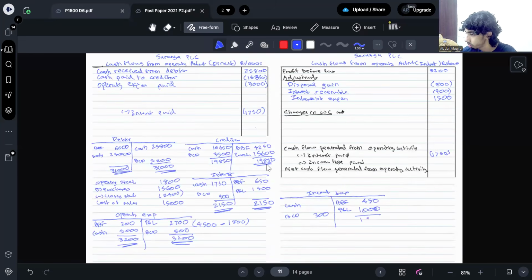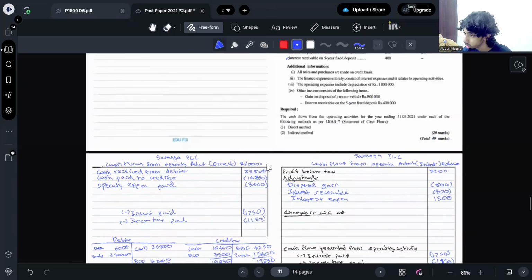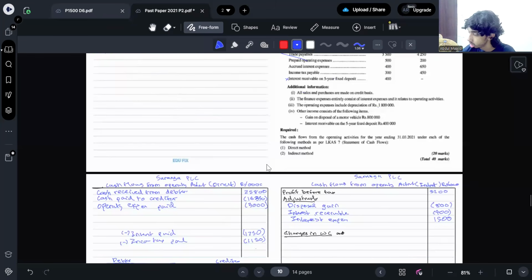So 1,450 minus 300, that is 1,150. So income tax paid 1,150. Okay. Then next, under adjustments, you have to add the depreciation. I haven't added that. Depreciation is a non-cash transaction. Depreciation, you have to remove it. So you add